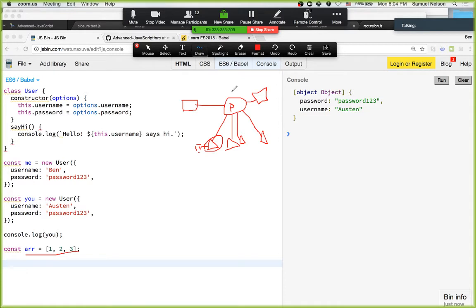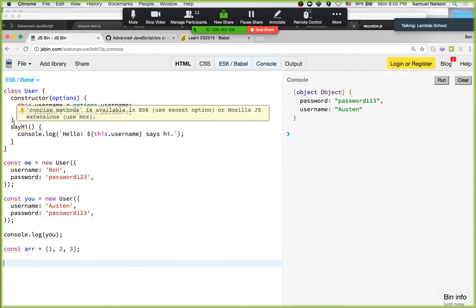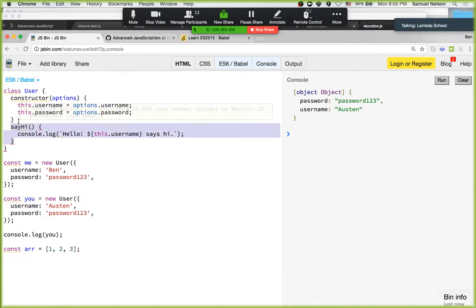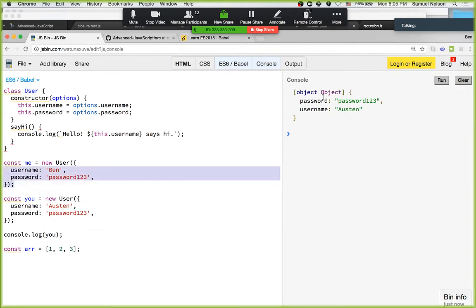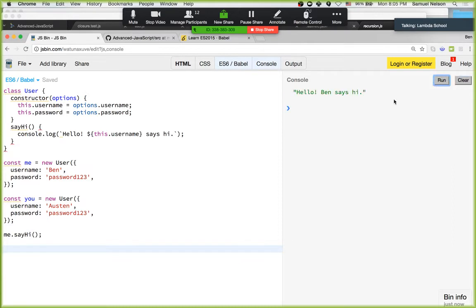So that's kind of how the prototype works. With this user, when we add this sayHi here, it's being added to the user prototype. So that's why we don't see sayHi on here. But if we run it, we go me.sayHi, and what happens is, the computer's going along, it sees me.sayHi, so